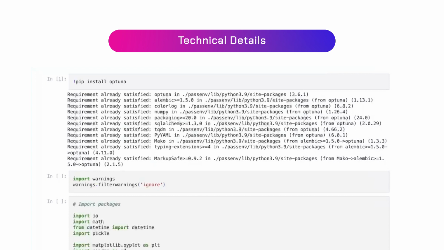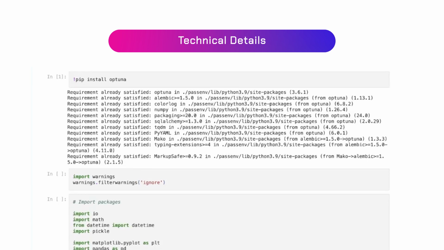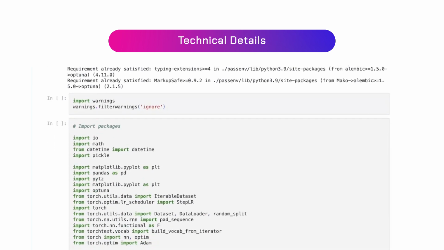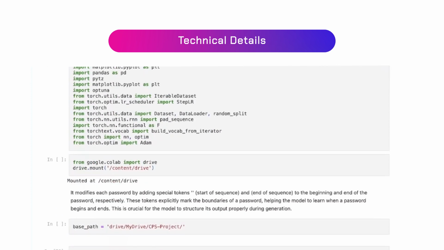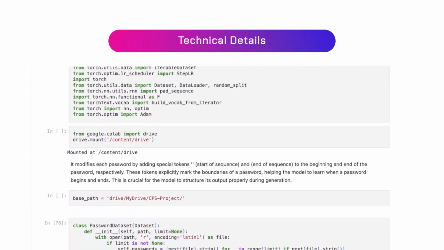Let's dive into the technical specifics of the Passform project. Start by opening the Jupyter Notebook to view the commands. The first command installs Optuna, a library for hyperparameter tuning, which is utilized in this project. Next, we import the necessary libraries. This model was trained using Google Colab, so the notebook is set up to connect to Google Drive. If you prefer to train the model locally, simply skip the Google Drive connection step and use the dataset available